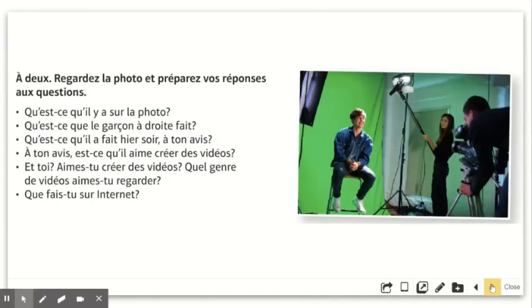The last exercise is talking about a photo. This will be part of your speaking exam, and we'll start looking more and more at photos. The first question is always the same when we're looking at a photo. So the first question is, what's in the photo? And all you have to do is just describe what you can see. So you'll use phrases like il y a, there is, or je peux voir, I can see. Describe what you can see.